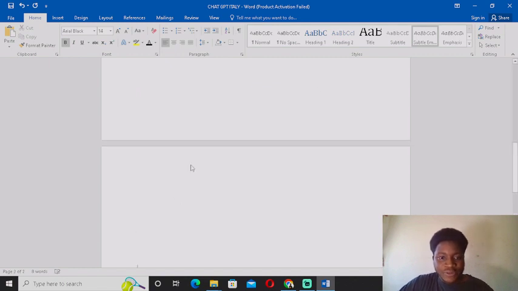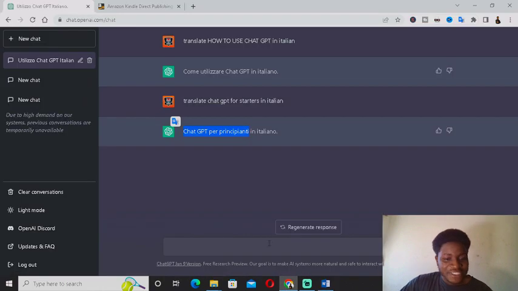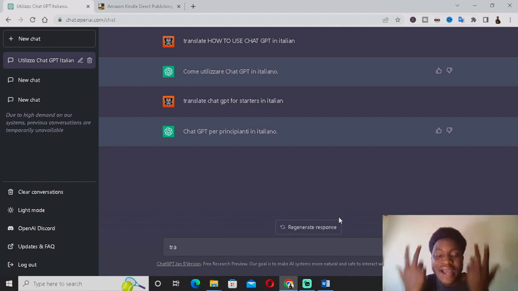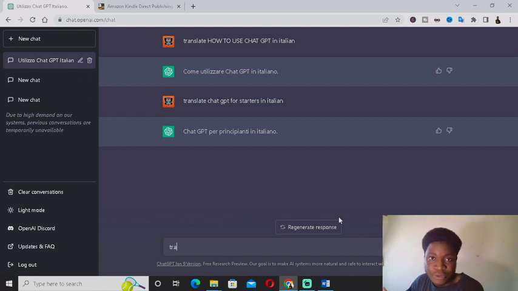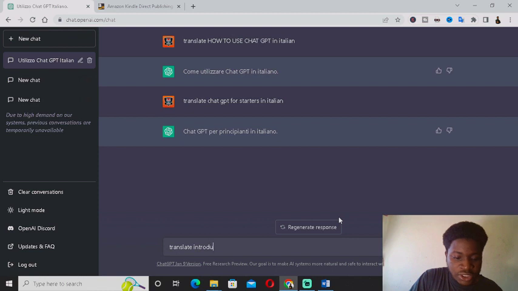So you want to write, what is introduction in Italian? You want to ask ChatGPT. Translate. You're just going to do the same thing for every single thing you want to input in your ebook. And now do not forget, depending on the language you want to translate in, you're basically doing the same thing, but you're asking ChatGPT in that particular language. So translate introduction